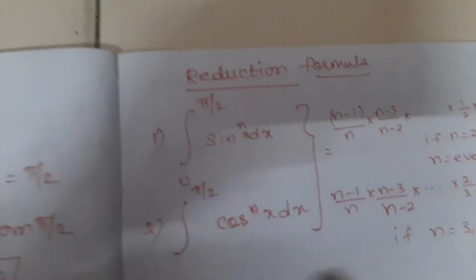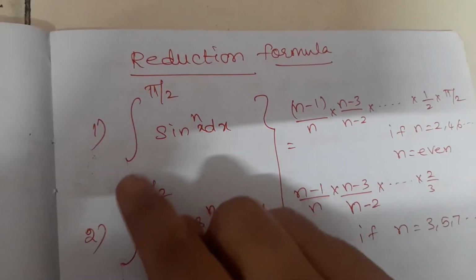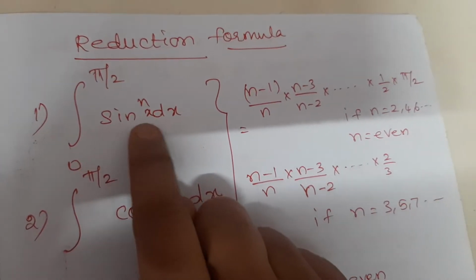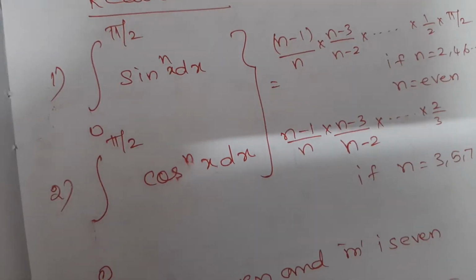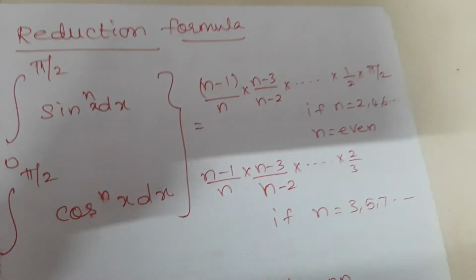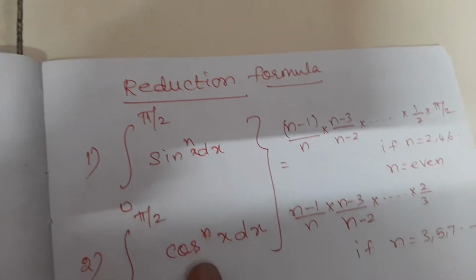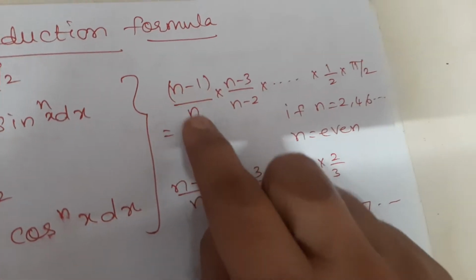So now we are going to discuss the reduction formula. Integral 0 to pi by 2 sin^n x dx. Integral 0 to pi by 2 cos^n x dx. For both sin^n x dx and cos^n x dx we have the same formula, that is (n minus 1)